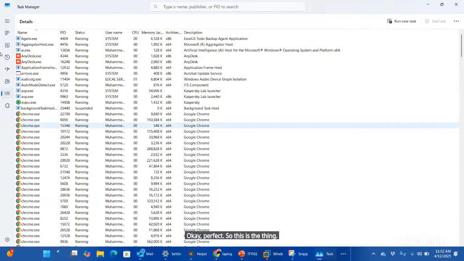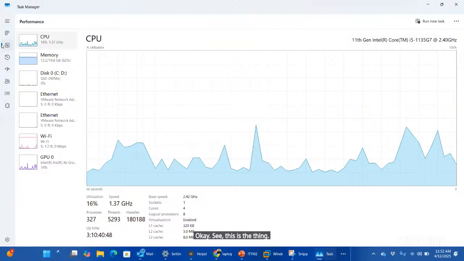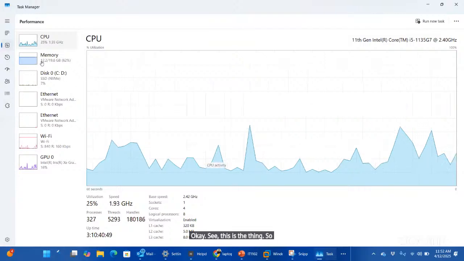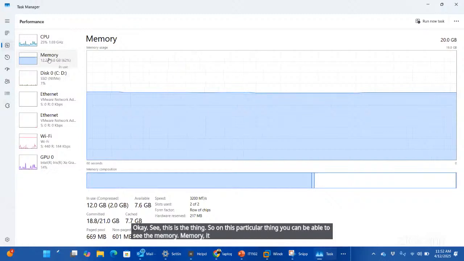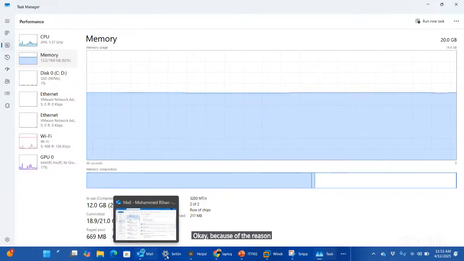Here you can see the memory, which means RAM. For now in my system, 62% of the memory is occupied, because I'm running so many applications on my laptop.